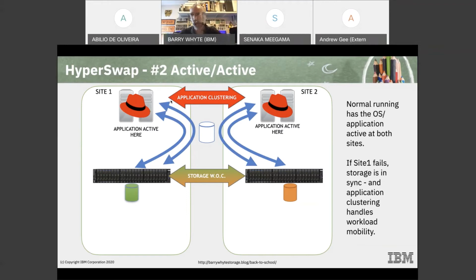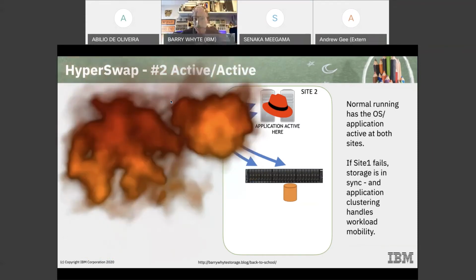So that's one way of doing it. Do a bit of balancing act, half of it at site 1, half at site 2. Here you're letting the application clustering take care of all of that for you. You don't have to worry about it. And it is truly active in that if the application or if site 1 fails, everything just carries on because